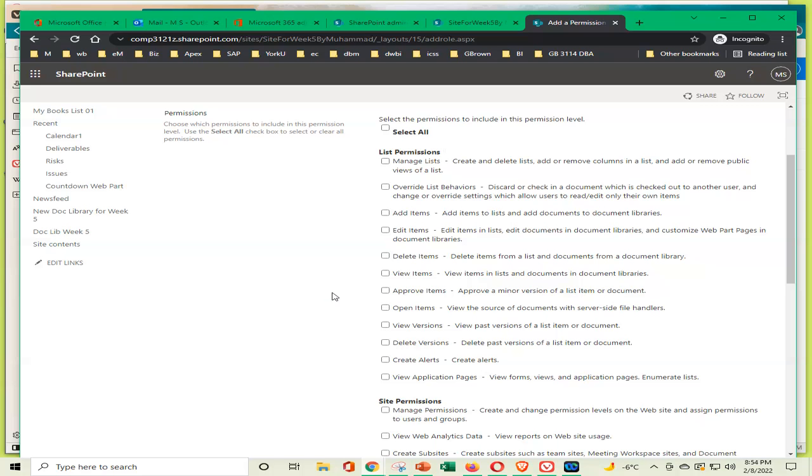I will click on view items. View items. And there will be one more: view application pages, view forms, views and application pages, enumerate lists. These two. Maybe if I try this one, see what happens. This one,